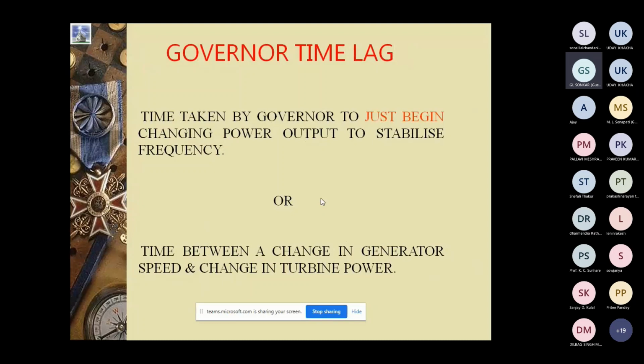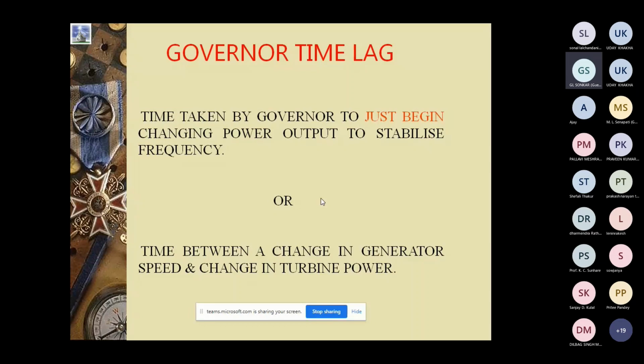See, in hydro, when you are loading the machine, the machine will be synchronized at 10 megawatt, 15 megawatt, whatever set point you have. Then suppose the machine is 250 megawatt, you don't directly put a 250 megawatt set point. There are some loading curves. From this point to this point, it should be loaded like this. Hydro may be possible, but thermal is not possible, vacuum will be created. You have to follow the steps of loading. And that is called your governing lag.